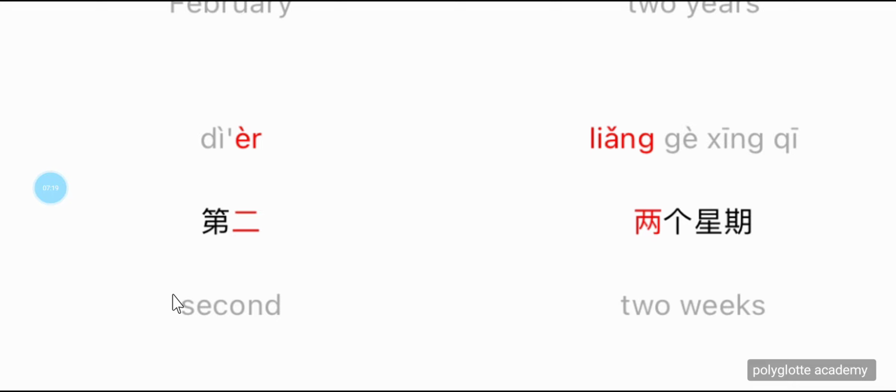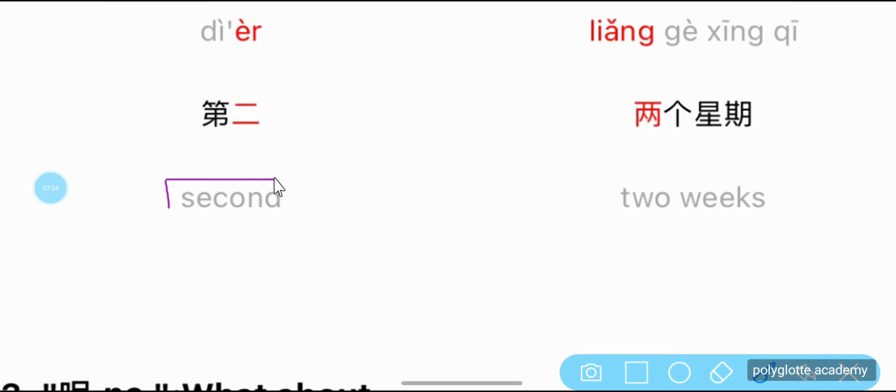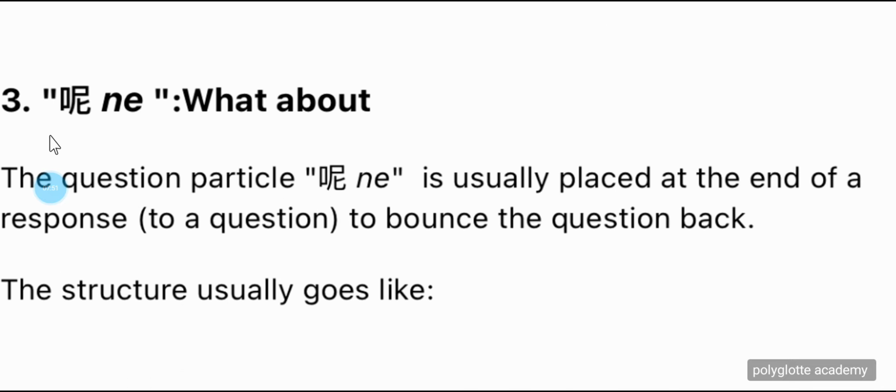第二, which means second. We saw that in the previous lesson. 第二, which is second, and then 两个星期, 2 weeks. 两个星期, which is 2 weeks. 第二, second. 两个星期, 2 weeks. 非常好。